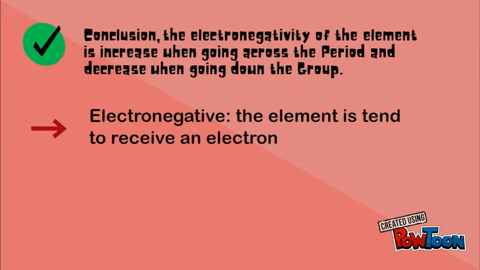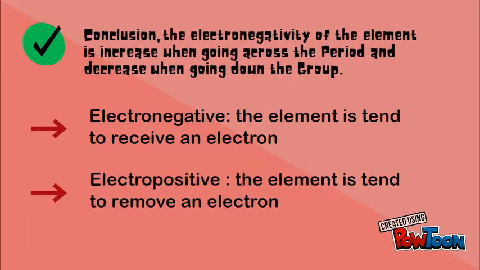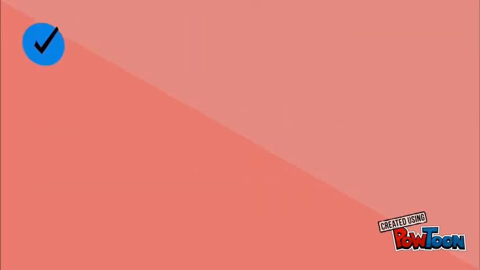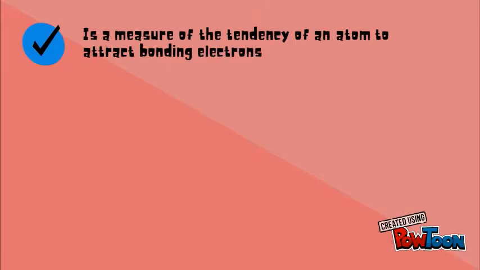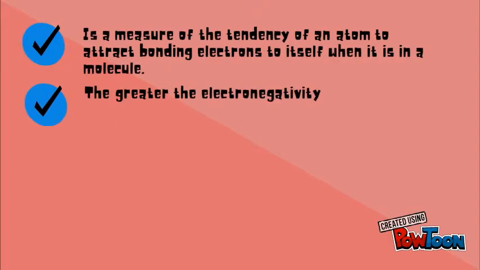Electronegative: the element tends to receive an electron. Electropositive: the element tends to remove an electron. Electronegativity is a measure of the tendency of an atom to attract bonding electrons to itself when it is in a molecule. The greater the electronegativity of an atom in a molecule, the more strongly